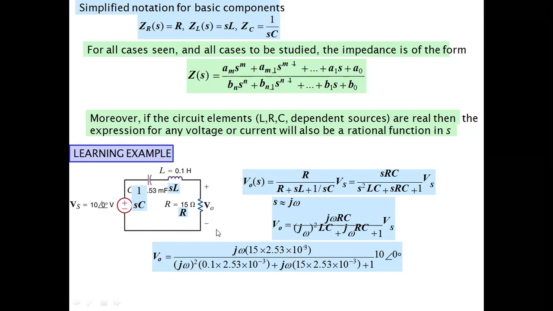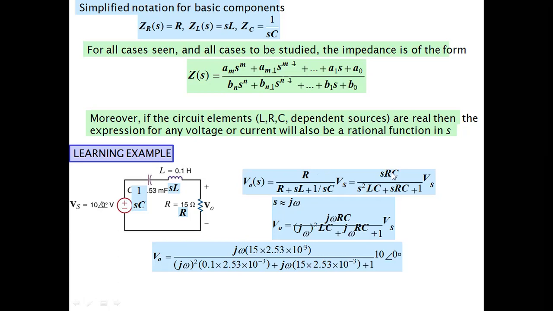So here what we are supposed to do: they have given here the supplied voltage, and we are supposed to find the output voltage. How can we solve? We can solve it by the voltage divider rule, and we will get the value of the voltage across that resistor. How will you solve? We are supposed to take that resistor in the numerator. In the denominator, the total impedance, that will be R plus SL plus 1 by SC, into the total given supplied voltage Vs.